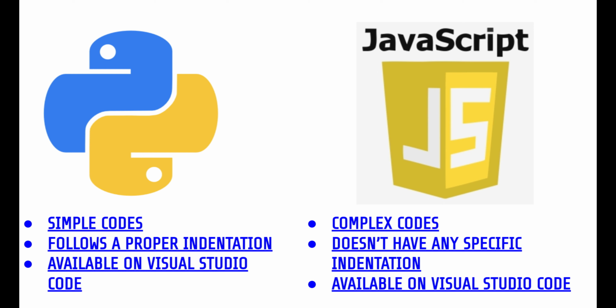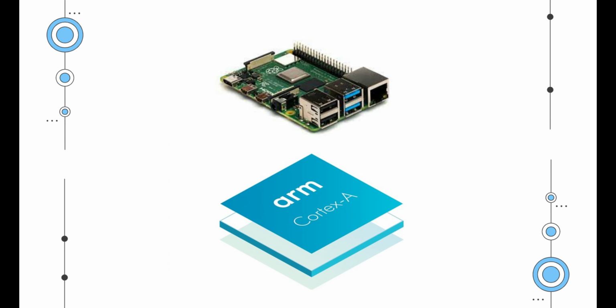Let's talk about my programming language now. Why have I chosen Python and not any other language? The answer is simple. Python is an easy to learn language and has way easier commands than other programming languages like JavaScript. Also, for making IoT devices like Alexa, Siri and Google Assistant, the programming languages that dominate are Python and C++. In my case, I have used my Windows laptop for making my personal assistant.